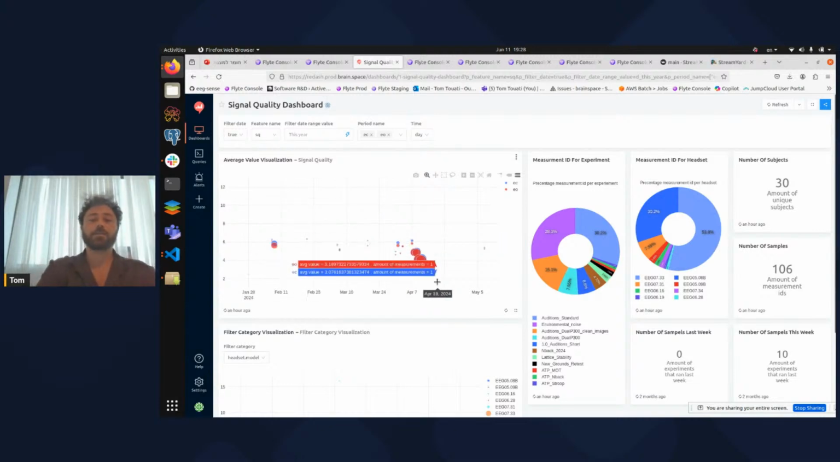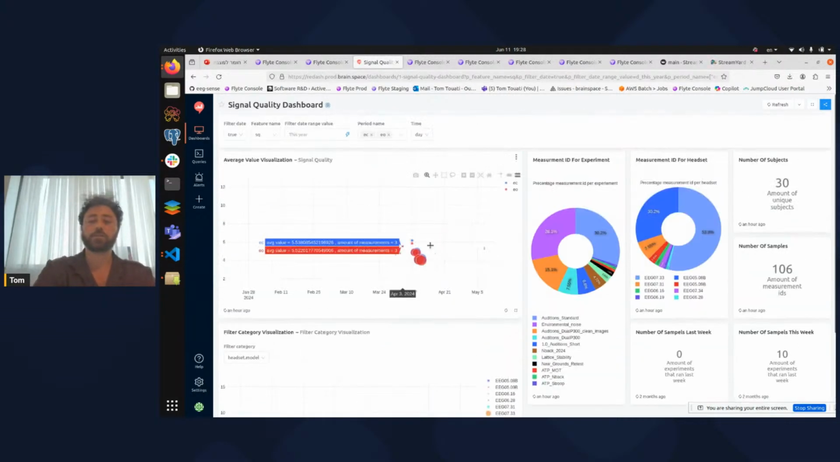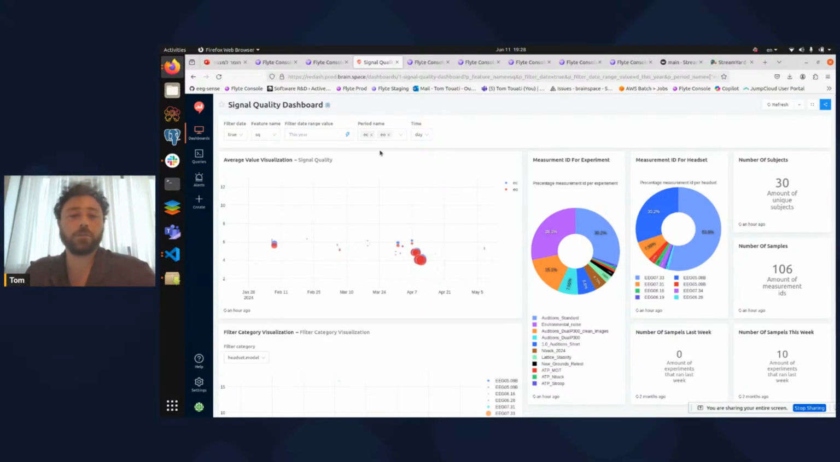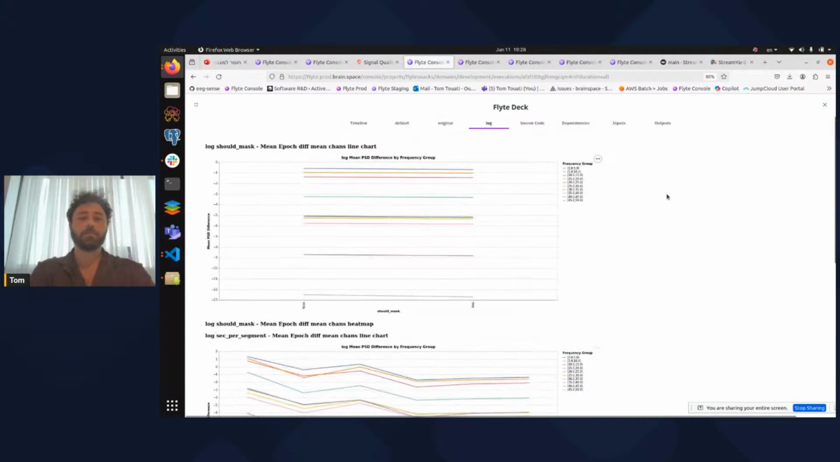So different dates, and how good was the signal quality over different categories, different headsets, different subjects, places. Essentially we use Flyte to pour all this signal quality data into a database, a Timescale database, and we are retrieving this data in the dashboard. This is part of my project that I showed you, to see how good are different parameters